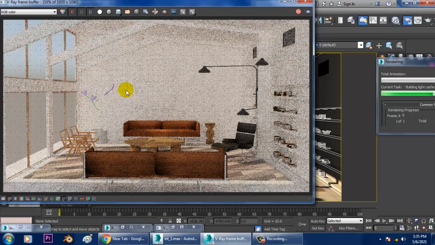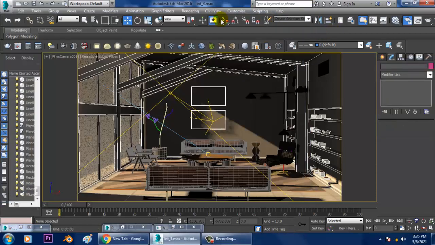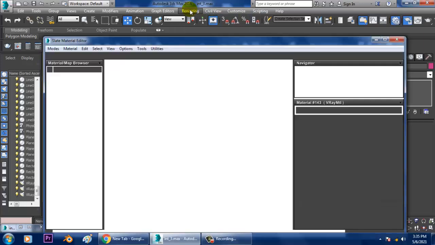So guys, there are a lot of changes that need to be done. So I can go into the material.